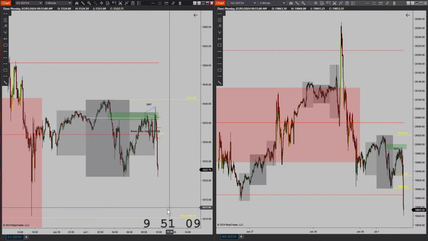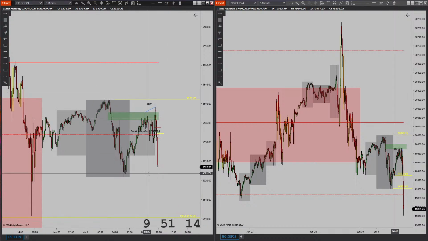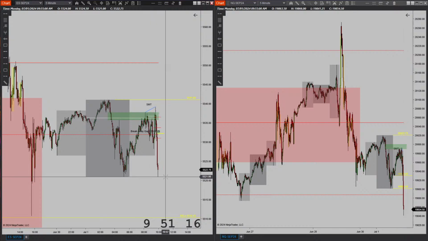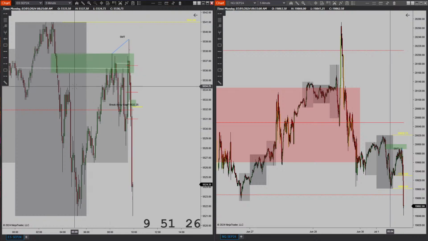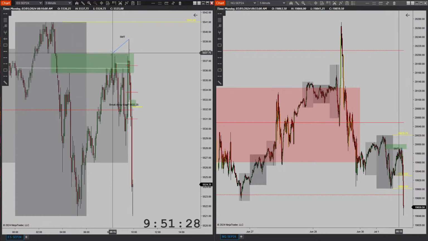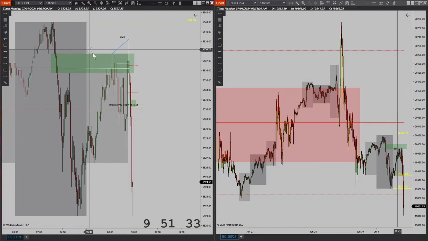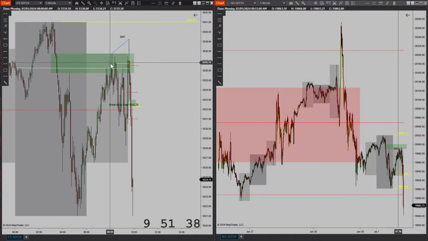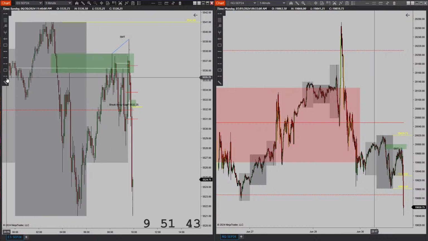Perfect. Okay, so we are within the 10 o'clock macro, and I am done with the trade. So that was, what do you call that, a 0930 Judas swing, where price quickly swung past this liquidity pool into a volume imbalance on the 1 hour, and on the lower time frame, like I said, we took out